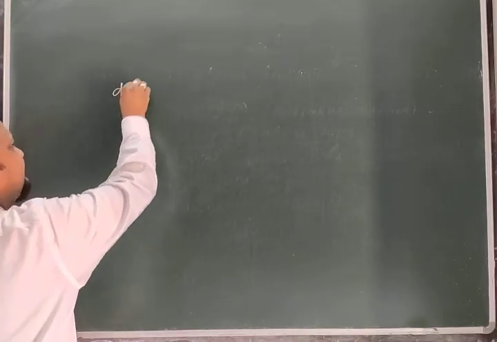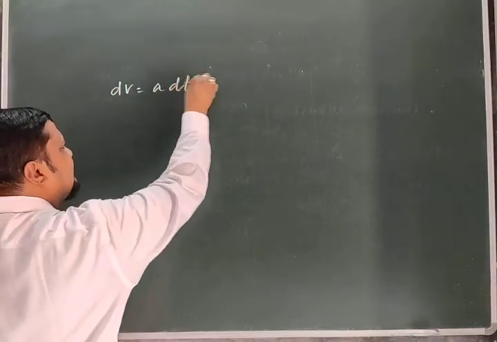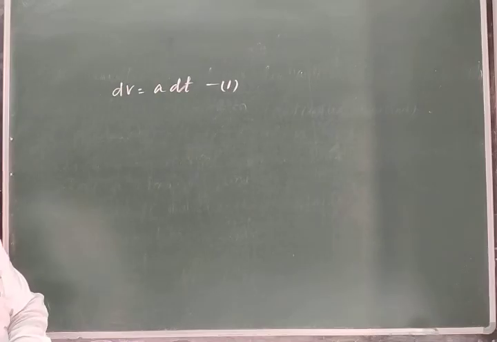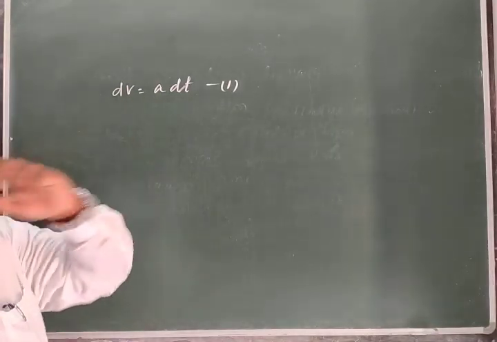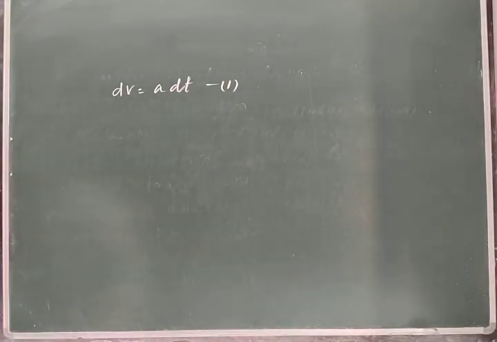So all of you remember this equation 1. Let me write it again: dv is equal to a dt. This is equation 1. Now here you see, I want to find the velocity at a time t. So let us consider, again we will use here,